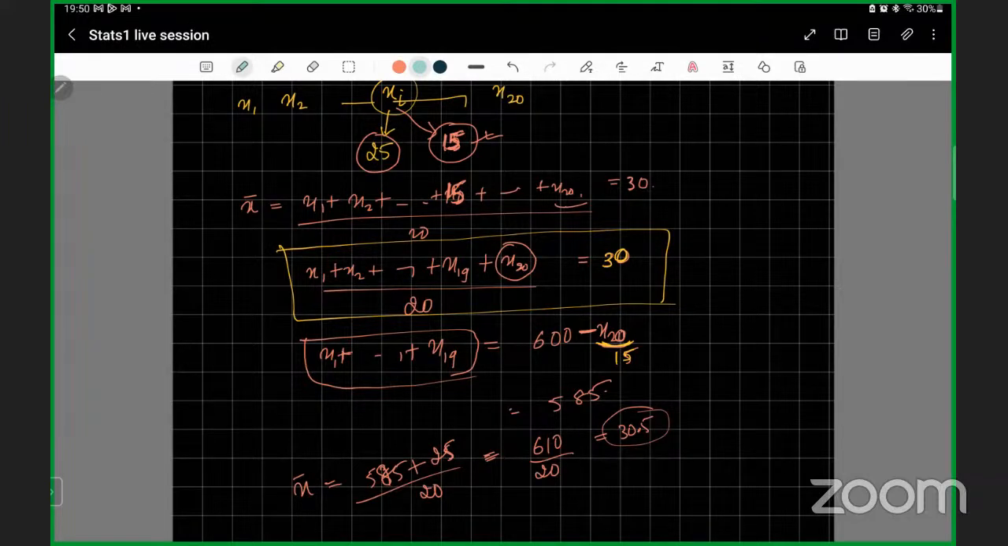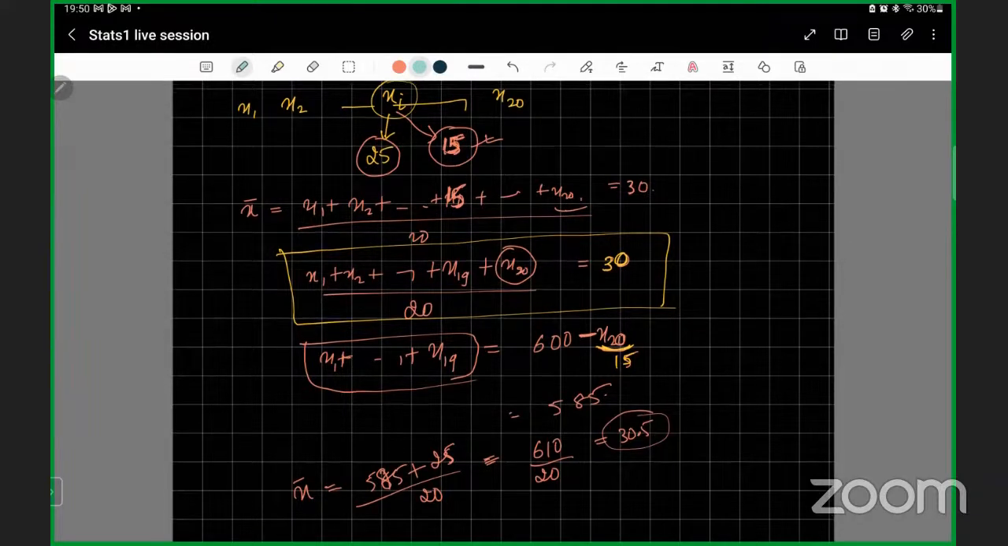Ma'am, if you could help me out clarifying my doubts on ratio and interval scale of measurement, please, because I have a lot of confusion on these two points. Okay. So